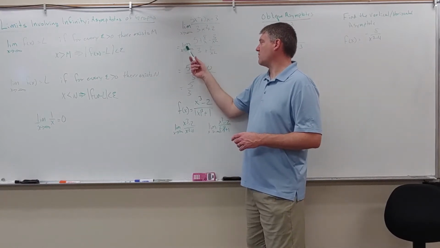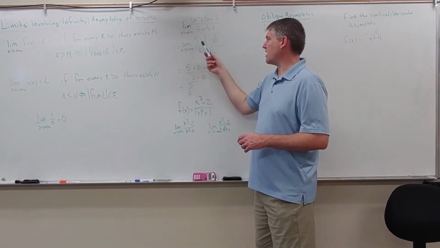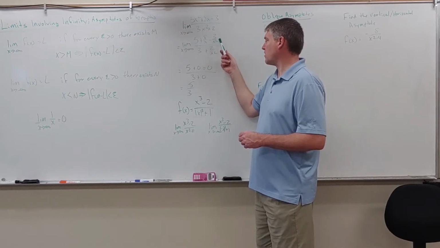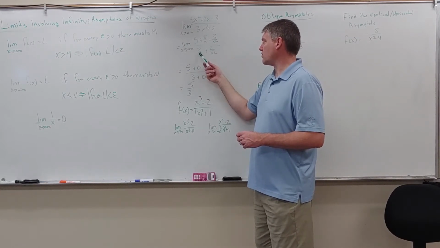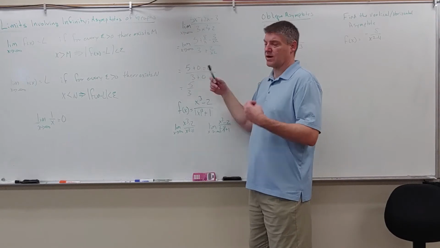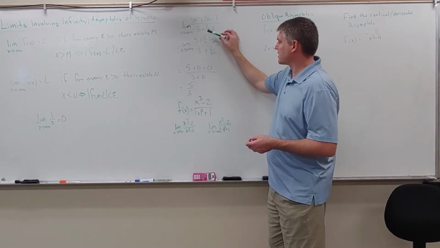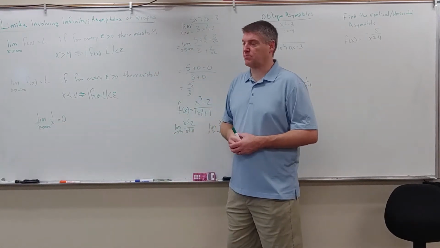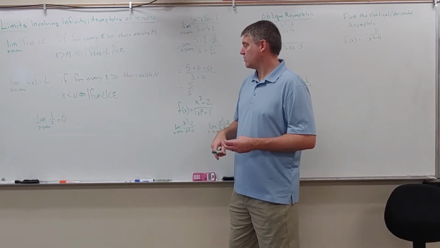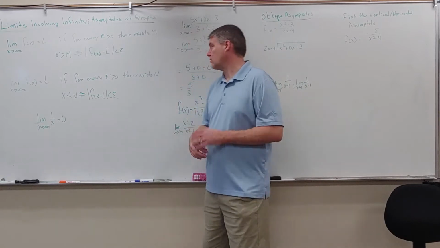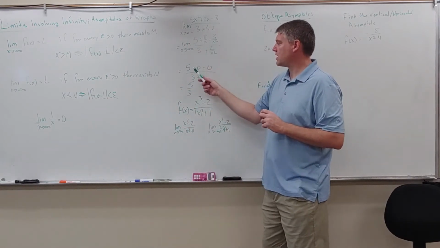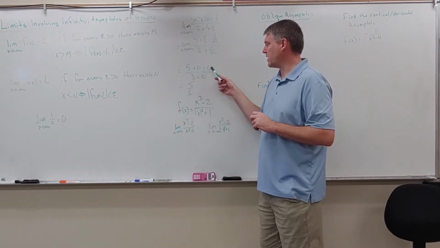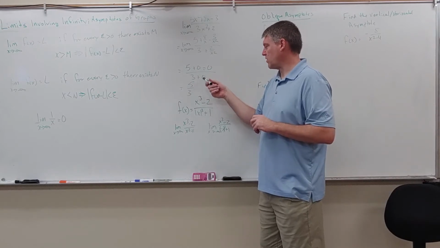So we have the limit as x goes to infinity of 5 plus 8 over x minus 3 over x squared, all over 3 plus 2 over x squared. The reason we're doing that is because I know that the limit of 1 over x approaches 0, and 1 over x squared would also approach 0, and so forth. So we get 5 plus 0 minus 0 over 3 plus 0,